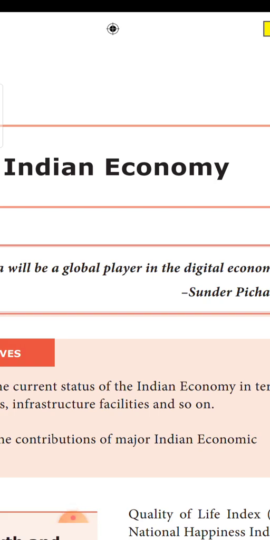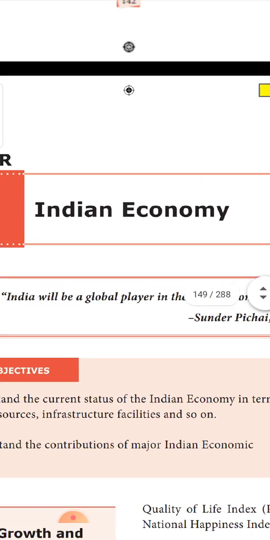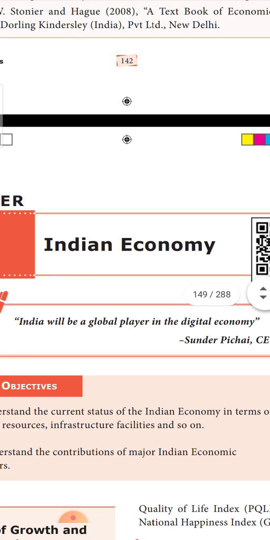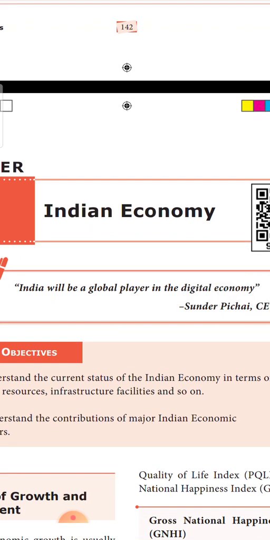See, in the last class we completed the 6th chapter. Let us move on to the next topic, the Indian economy. In this lesson, we'll be learning about the current status of our country, our features, how we are different from other countries, the natural resources and infrastructure available in our country, how far we are better with our infrastructure, and what our status is with respect to all the other countries of the world.